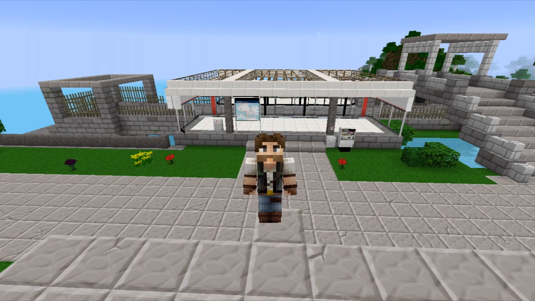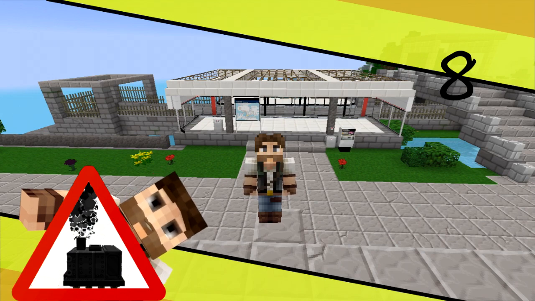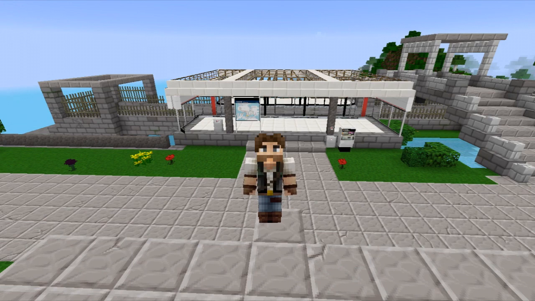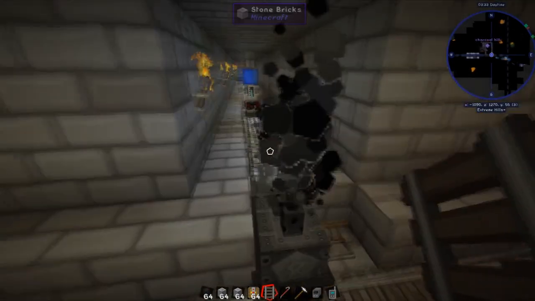Now in the last episode, we built the station behind us, and it now gives us 2 passenger stations and 2 freight stations, which means that we may have 2 trains coming towards each other at the same time, which wouldn't be a good thing. So in this episode, we're going to work on the trunk line. So, let's get started. Okay, so we're just down here from Charcoal Hill, and the way I've currently been doing